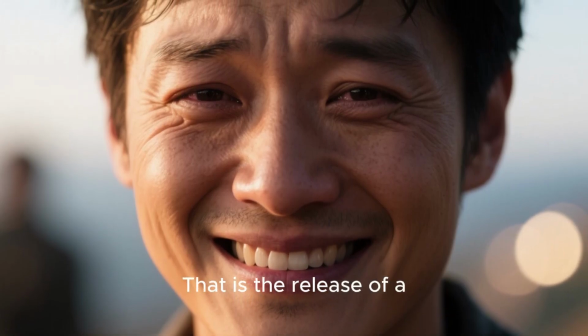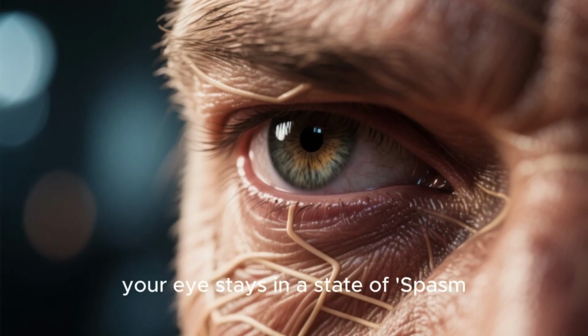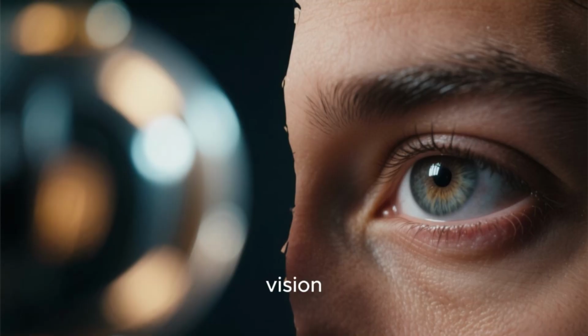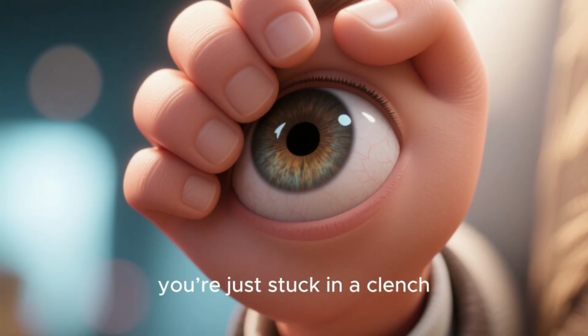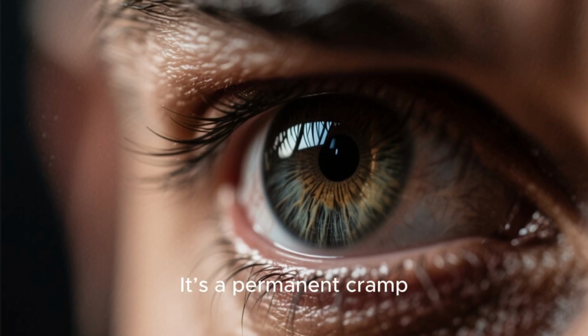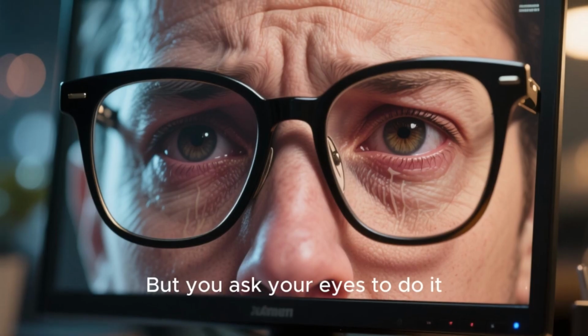Feel that. That is the release of a near-work spasm. If you don't do this, your eye stays in a state of spasm. You aren't necessarily losing your vision, you're just stuck in a clench. Your lens has forgotten how to flatten out. It's a permanent cramp. You wouldn't sprint for 8 hours without stopping, but you ask your eyes to do it